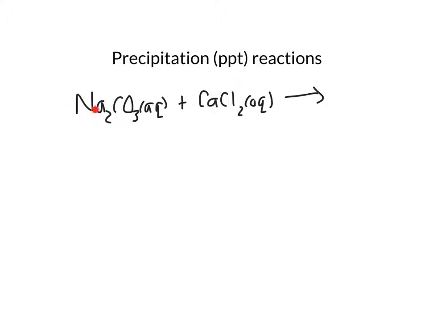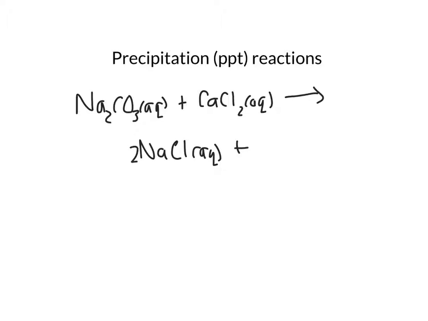So these cations will go with these anions, and these anions will go with these cations. And so what we end up with when that happens is sodium chloride, aqueous,